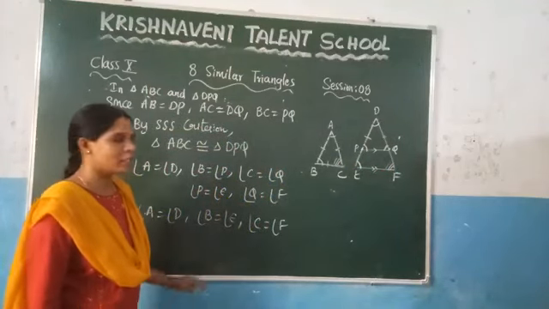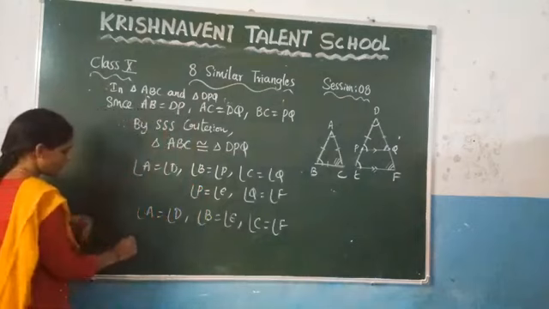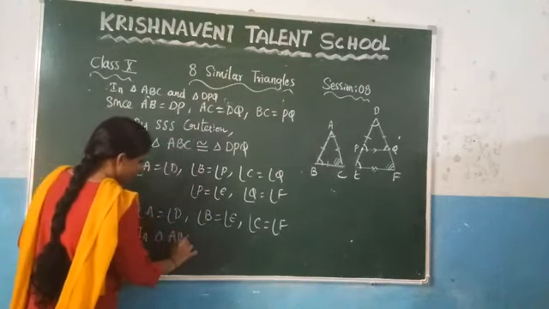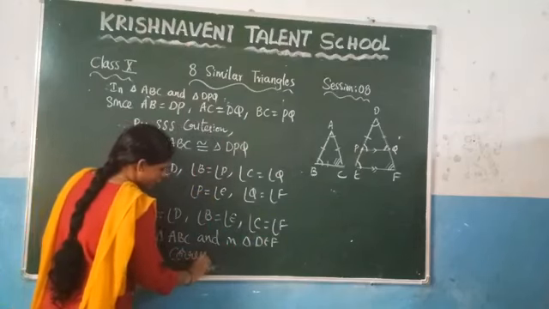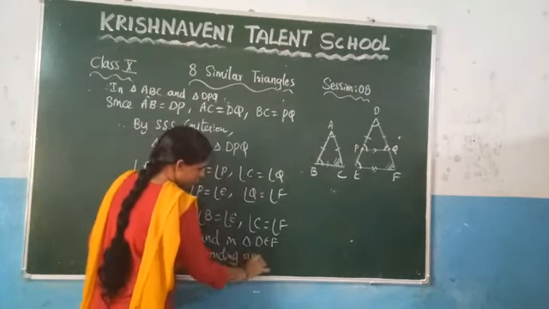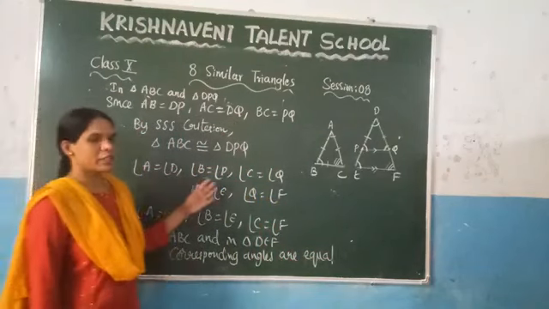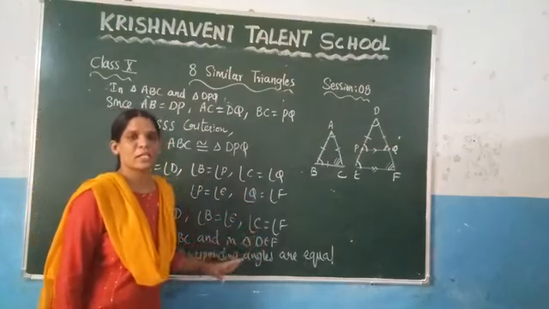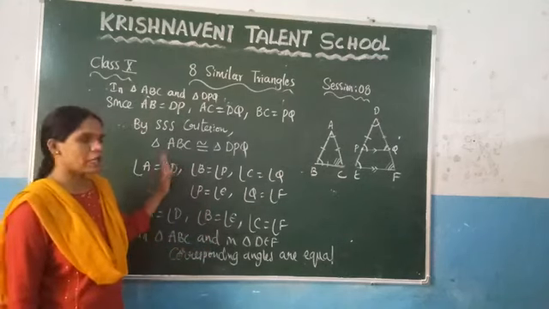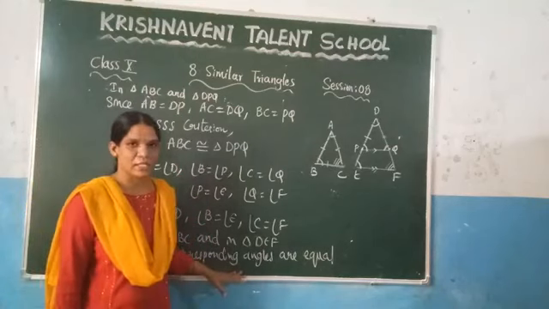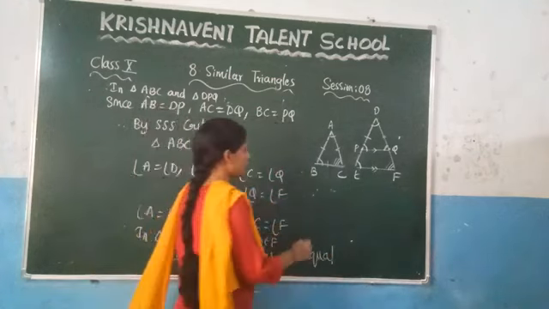So what we got here? We got in the triangle ABC and in triangle DEF the corresponding angles are equal. Therefore, triangle ABC